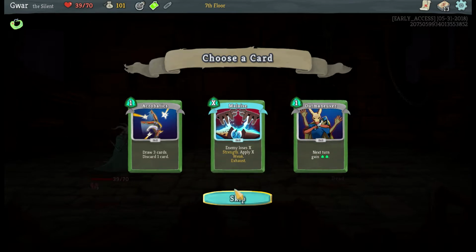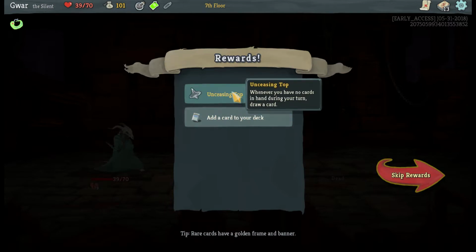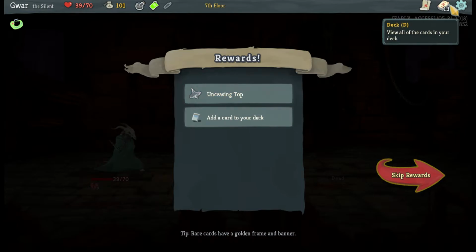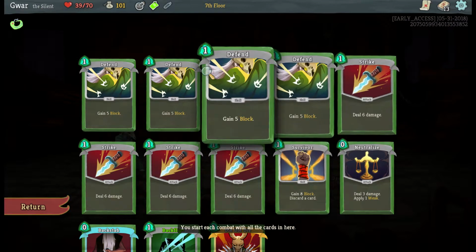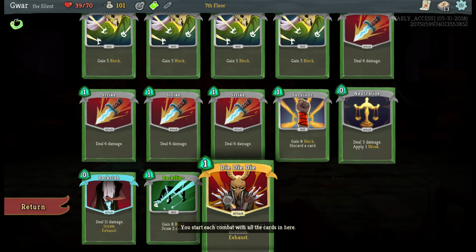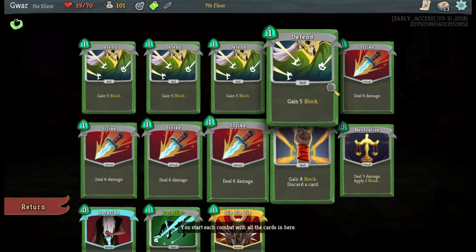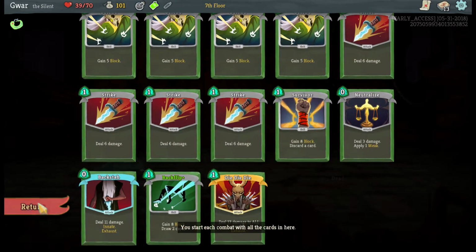Oh, wow. This changes everything. Whenever you have no cards in hand during your turn, draw a card. Which means suddenly my game is about getting my deck filled with 0-cost damaging effects. Or low-cost effects. If I can remove all these strikes somehow...